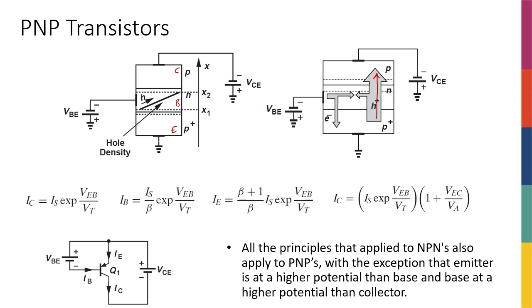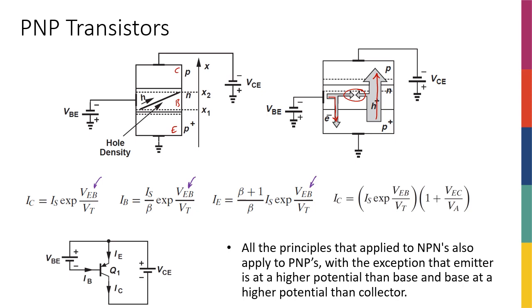Of course, we have electrons coming from the base, some of them trying to go from the base to the collector because of the forward bias, and a very small percentage is actually recombining with the holes that are coming from the emitter. Everything that you know about the current relationships for the NPN transistors is still valid for the PNP transistors, with one little change that you have to remember: instead of VBE, we have VEB,